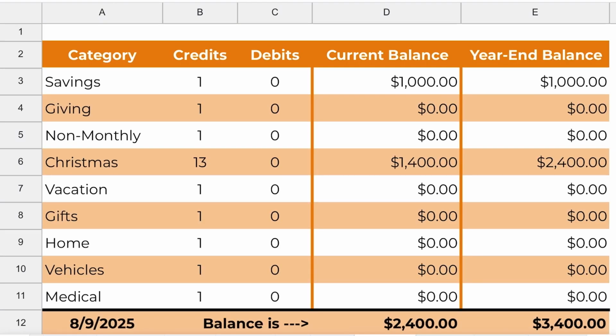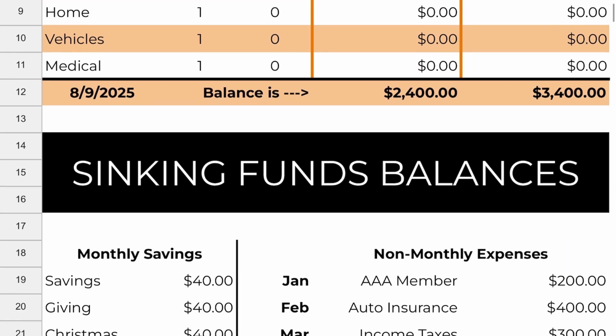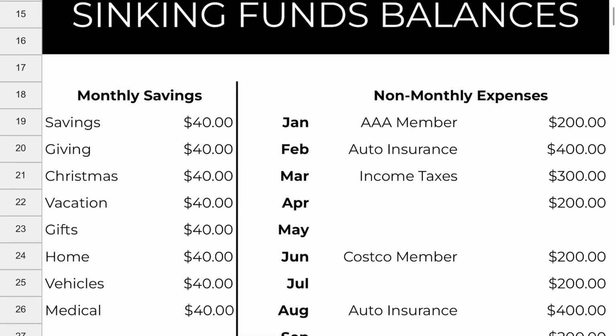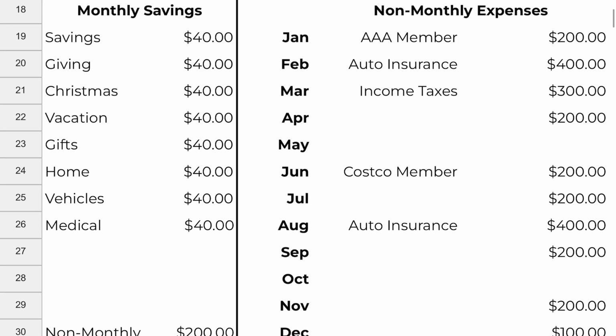And here is a table of all of your sinking funds. And then below it, I just have some general, kind of like a 12-month area for you to just do a little planning in. This doesn't affect anything in the spreadsheet. It's strictly for planning. Like if you want to have a monthly savings of $40 for each one of your sinking funds or whatever it is. That kind of lets you know